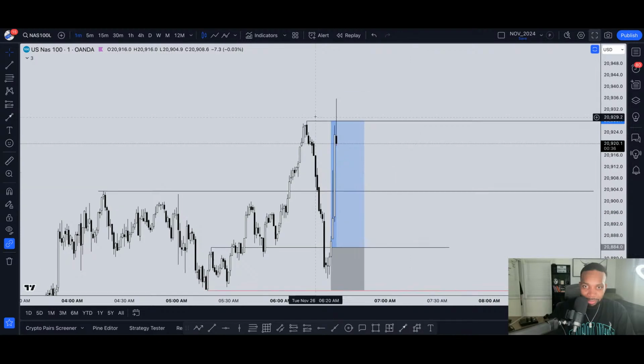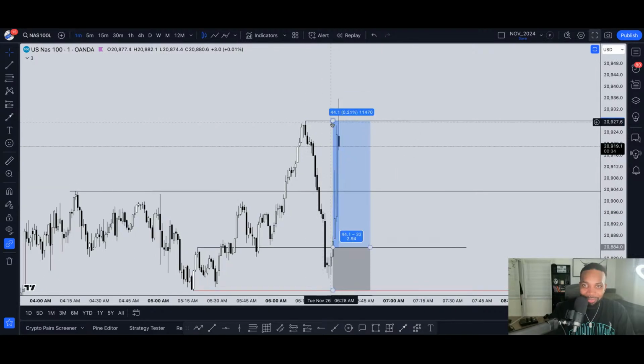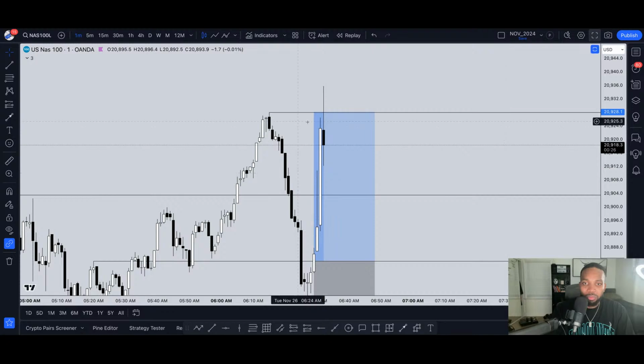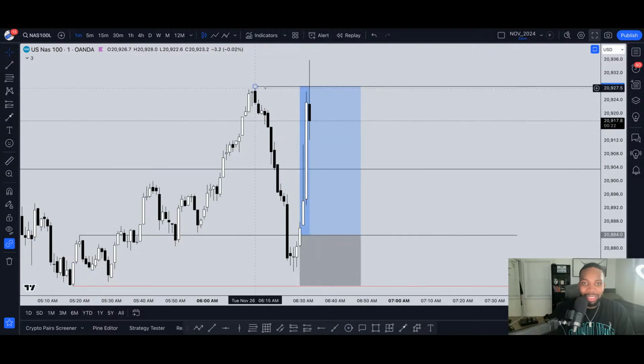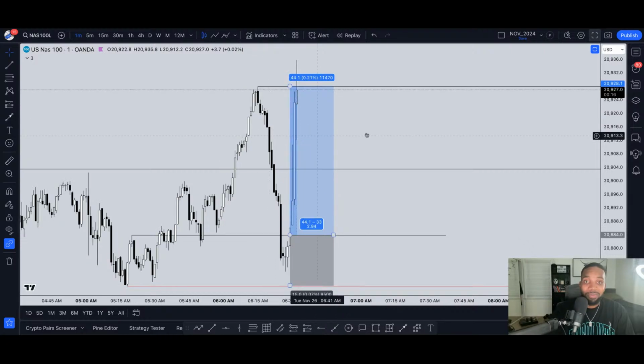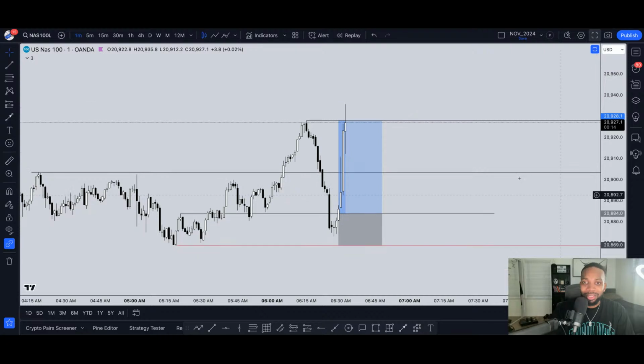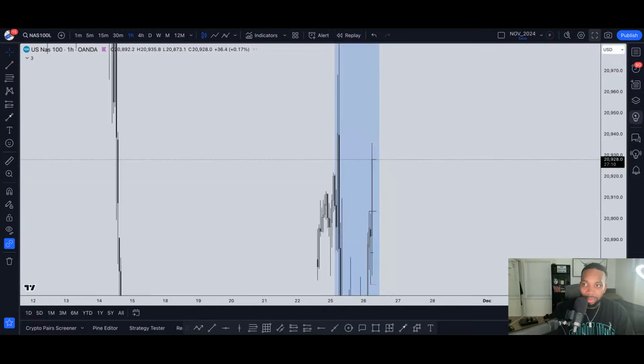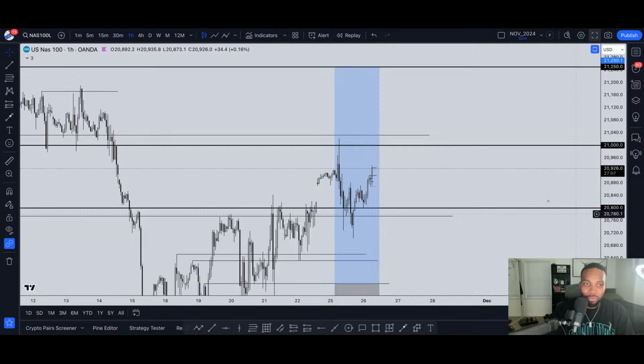See, we sweep the highs and then people take profit because that's what happens. And then what happens? The market starts to reverse. It doesn't always reverse dramatically, but it's a good habit to get in. Once the highs are cleared, go ahead and take some off the table because that's what most people are doing, right? So that's solid.